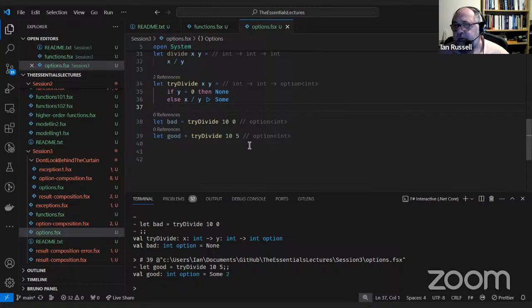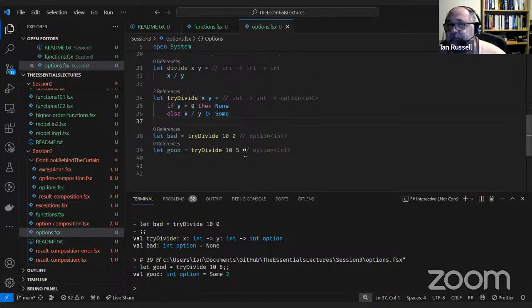One of the bad things about this, though, is that in this particular case, it's fairly obvious that the only problem we can have is divide by 0. But most of the code we write isn't that simple. Most of the code we write has potentially other issues in it as well, and we'd like to have some information about that problem. So we need a slightly different type that's a bit more expressive than this. And for that, we're going to use something called the result type.